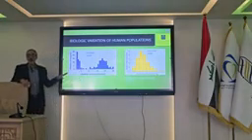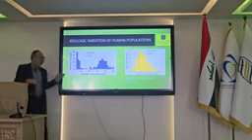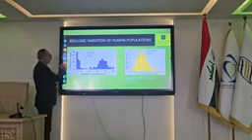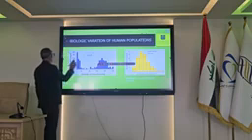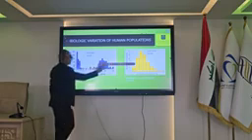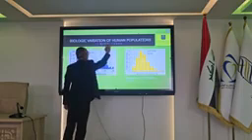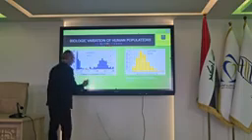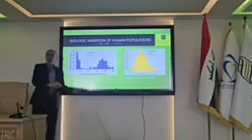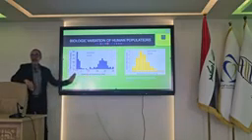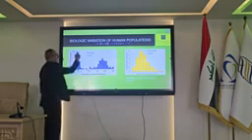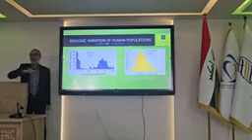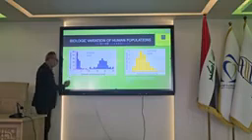I provided two figures here. The left side, you can see that there is a distinct border between negative results and positive results. This is the distribution of negative test results of tuberculin test,